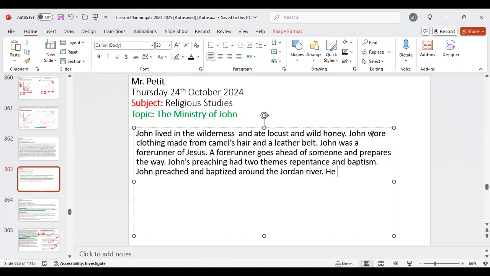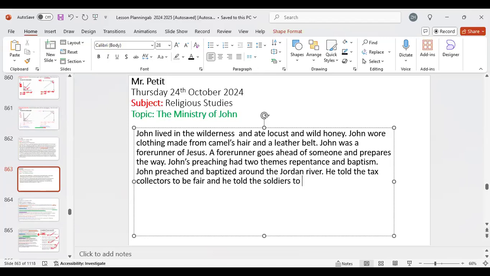He told the tax collectors to be fair, and he told the soldiers